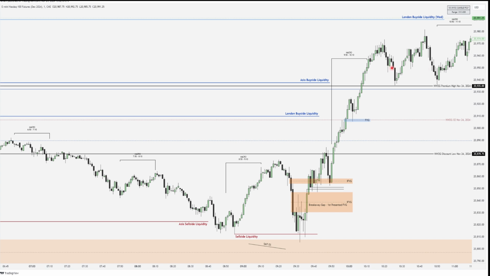But yeah, it was very interesting. But the second thing here was, by the way, that if we would measure from this smart money low,